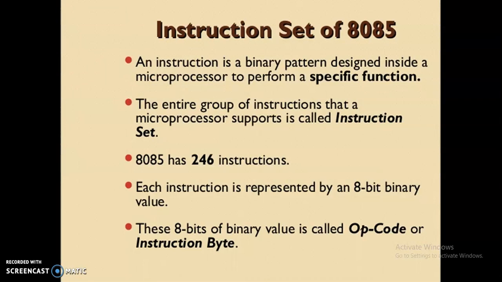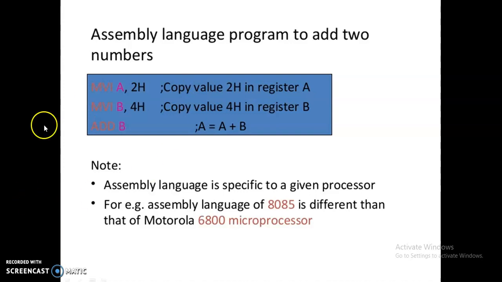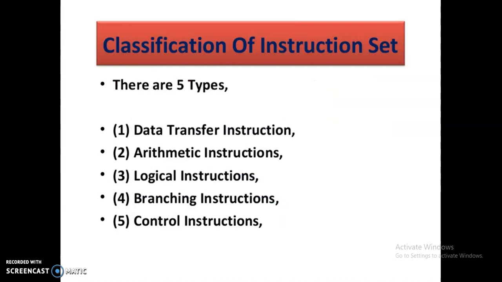this is the introduction section. We saw in my last class that an instruction is a command given to the computer or microprocessor. Intel 8085 has 246 instructions. The instructions are all called opcode or instruction byte. Microprocessor understands the language of zeros and ones only. And the most important thing here is, for example, the assembly language of 8085 is different from that of the Motorola 6800 microprocessor. Okay, now we are going to see